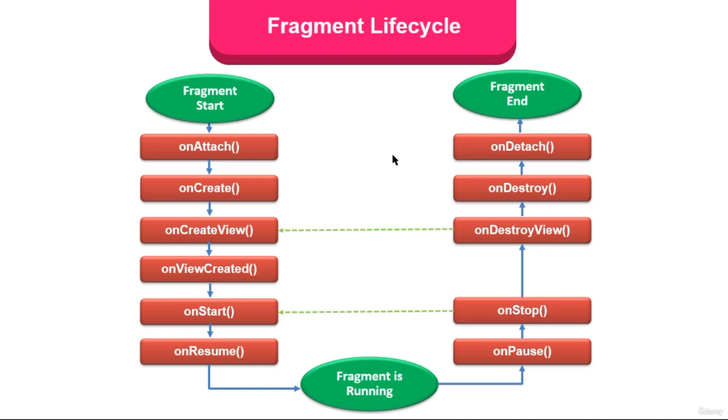Also, there are these milestones. If you start again a particular fragment, after the onStop method, it will begin from the onStart method. Now, if you start again after the onDestroyView method, it's going to begin from the onCreateView method. You follow? So after the onDetach method, the fragment closed completely. All right, so we've talked about these algorithm milestones in previous videos, and now I want to show these methods